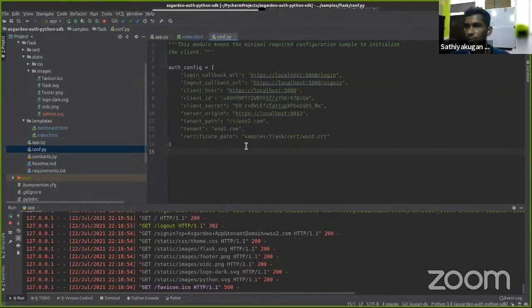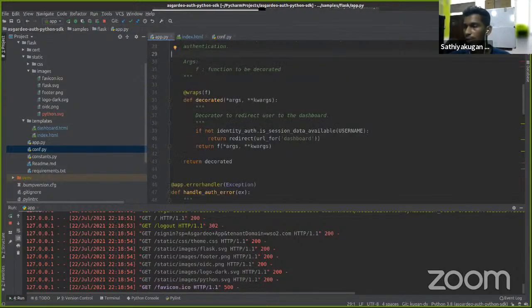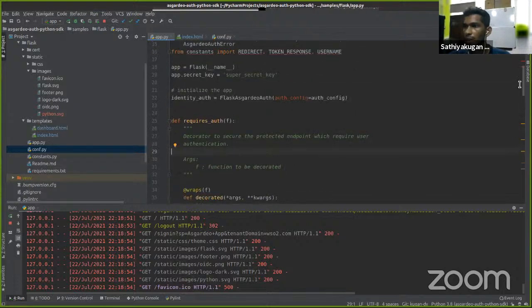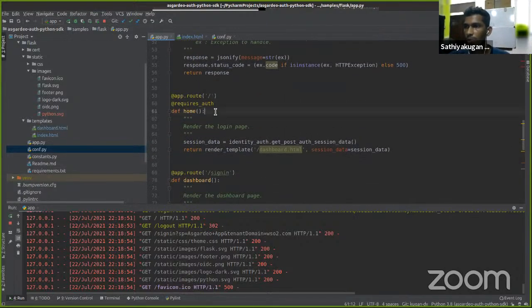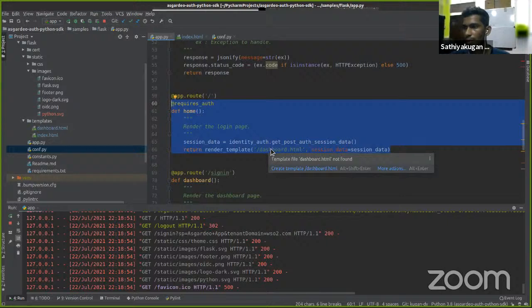After you configure, what you need to do is come to the server login. Usually you will have some endpoints, say like a home URL, and you will have some logic, and it will show the UI. In the UI, you need to show that only when the user is authenticated. But